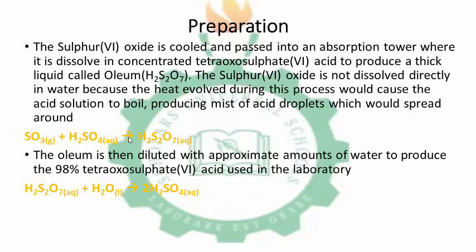Now imagine when we are producing the sulfur 6 oxide in a contact process, in a contact tower. The contact tower is just like a combustion tower, so a lot of heat is coming out together with the sulfur 6 oxide produced. When you direct the sulfur 6 oxide directly into water, with the heat coming with it, this can cause the acid to boil.